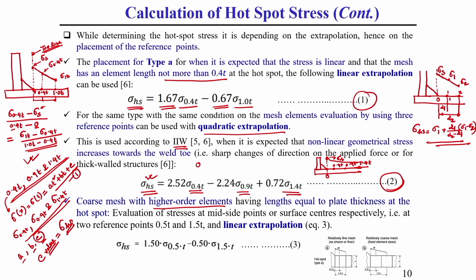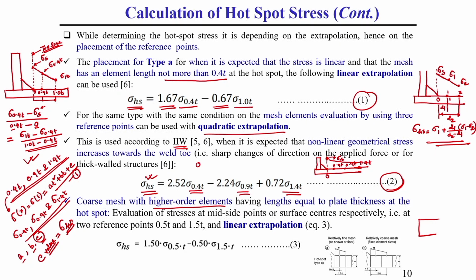Higher order element means it not only has points at the corner of the element, there should be some node points in between the corner points. What I am telling, understand? Let us consider this is a 2 dimensional element. Here this corner point is generally called a node, you see, and apart from this corner point, if some other nodes are there in between the corner points, then those types of element are called higher order elements.